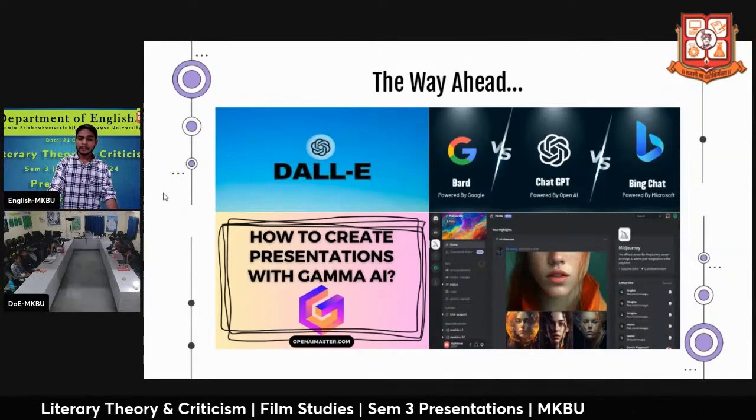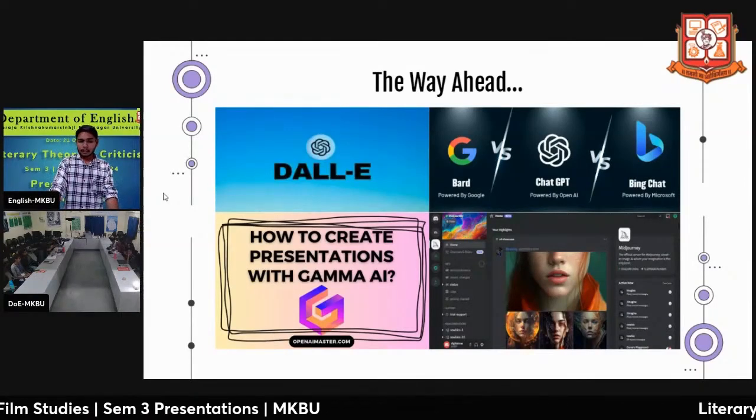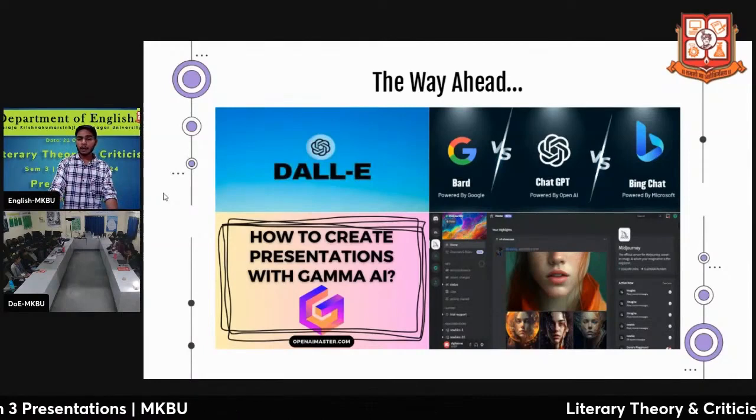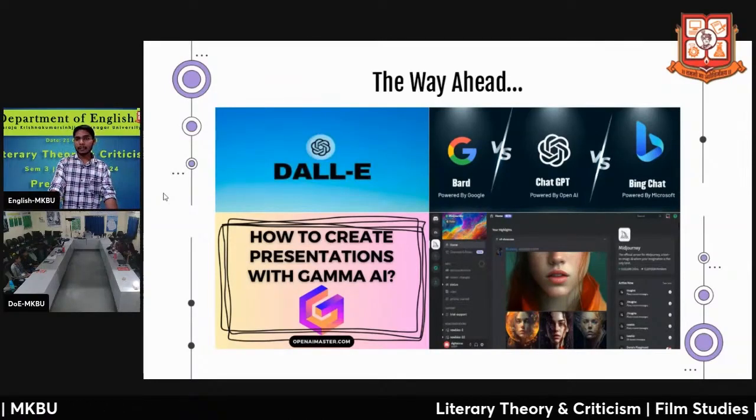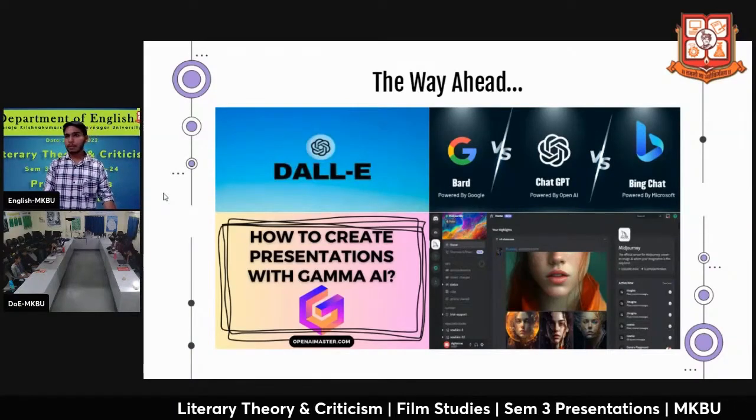The phenomenon is that the archival and other things are becoming old, and these AI tools are creating new things.